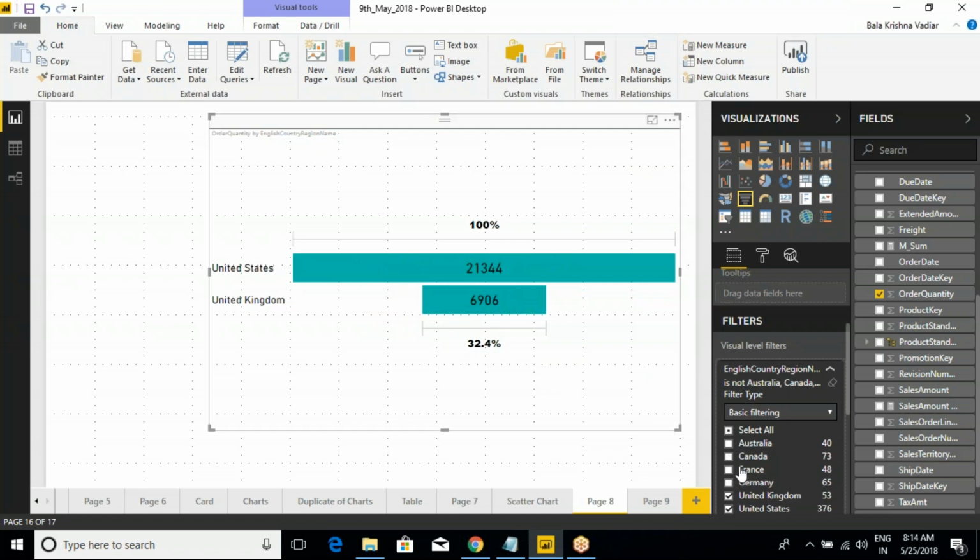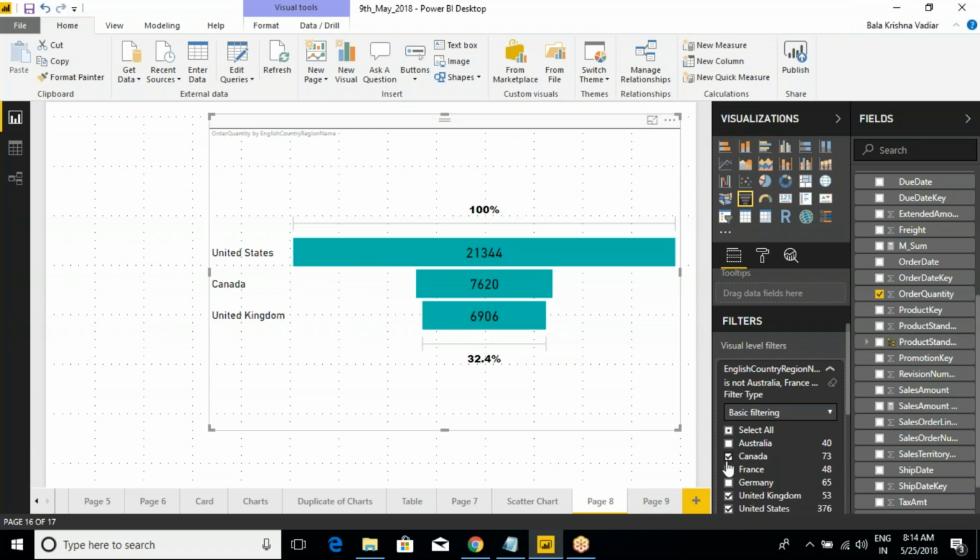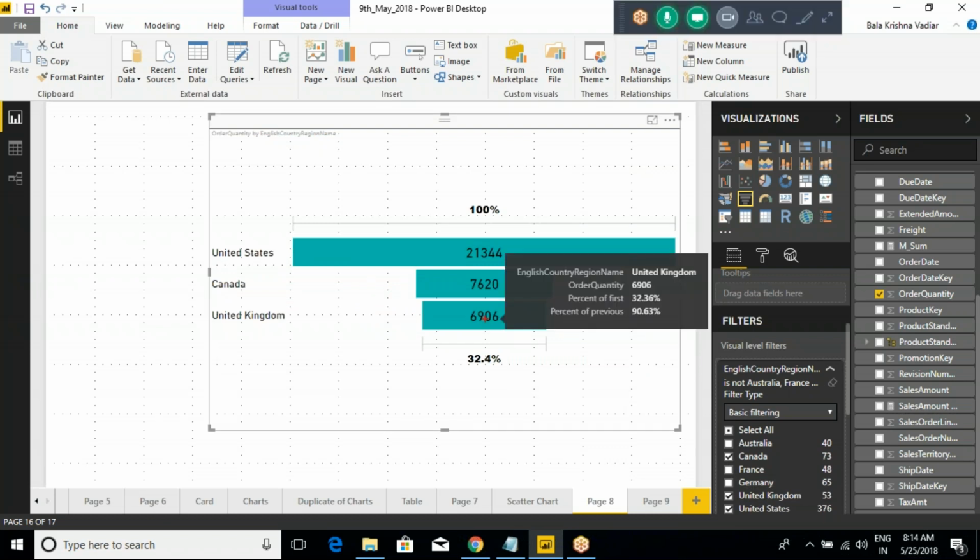Now let me add one more value. You will understand. Let's say Canada. Now try to understand. When I keep the cursor here, you will understand. For the UK, this is the order quantity. When we compare the UK value with the Canada value, which is nothing but the previous one,